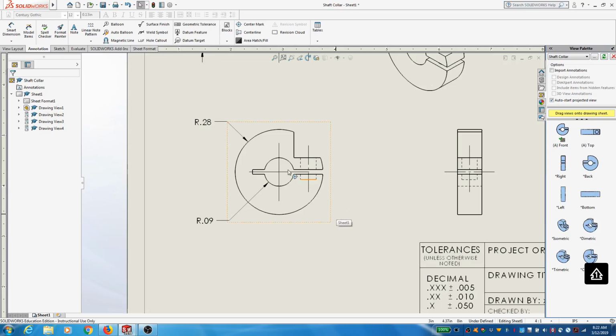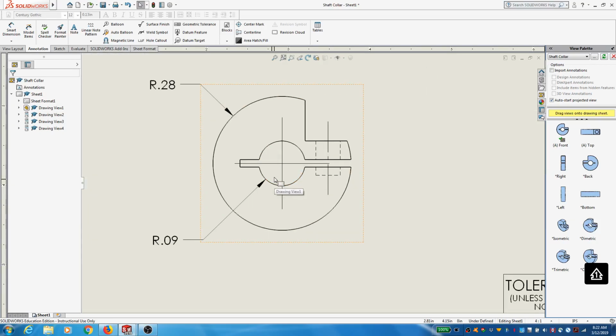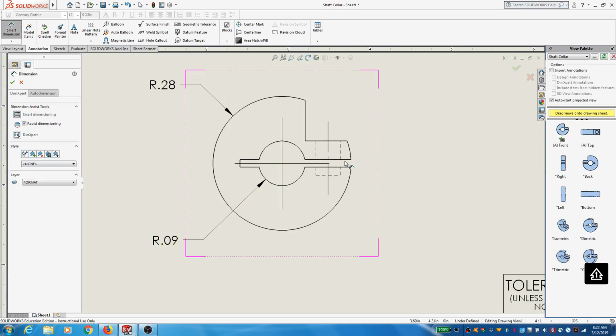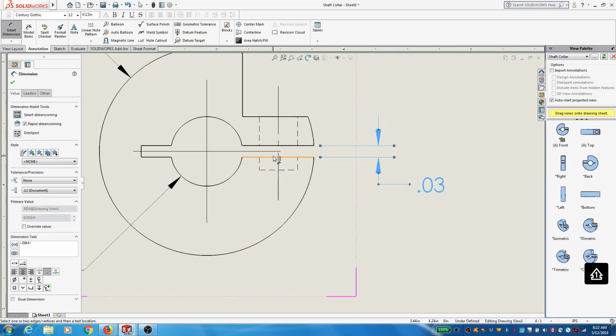It's not symmetric in any plane, so I need to specify the thickness and also say that it is basically even on both sides of this, right? So I think I'm going to do the dimensioning here. And I also need to say that it's going to be an even number from here. Right? So I got another,